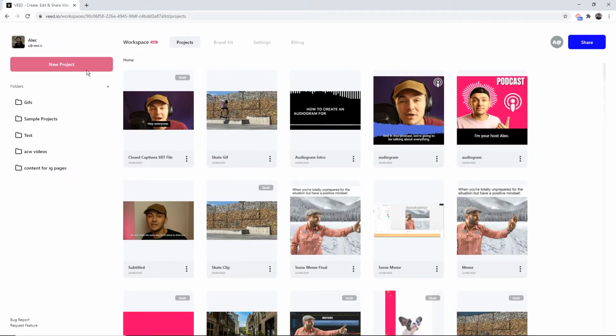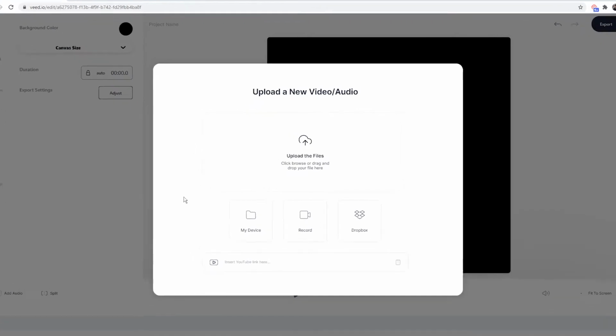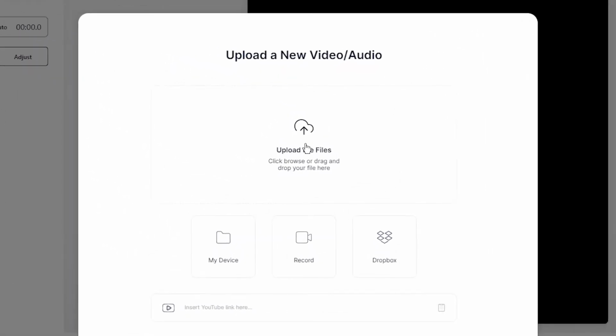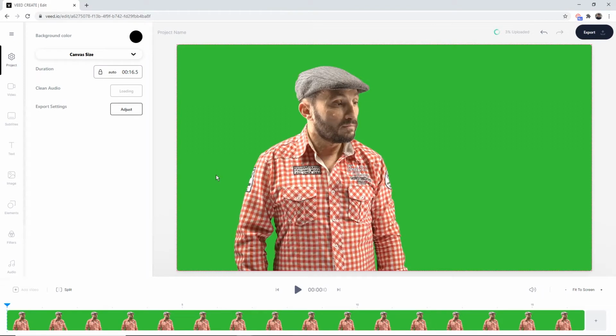Once you're on Veed, you want to create a new project, and then once you're in Veed's video editor, you want to upload the main component to your meme. So this is what we're going to do. We're going to click on upload files, browse through our documents, select the main component to our video meme, and click on open. So as we can see here, I've got this video of a man standing in front of a green screen who does the OK sign with his fingers. So if I click play,